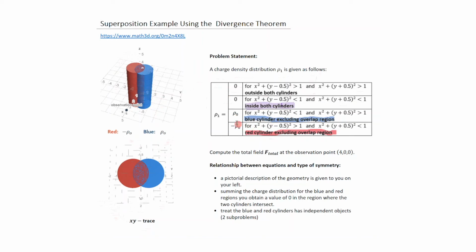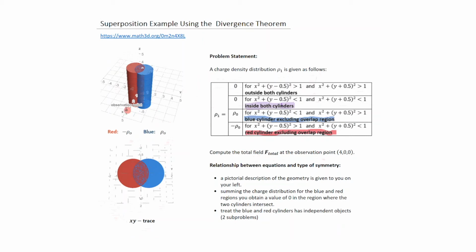All right, so then we have another condition, rho naught. The rho naught would be the blue cylinder excluding the overlap region, which would be just in this section. And then the red cylinder excluding the overlap region, which is just this region here, in this sort of three-quarter moon section. And so given this information, not the picture, which you have to draw for yourself, compute the total field at the